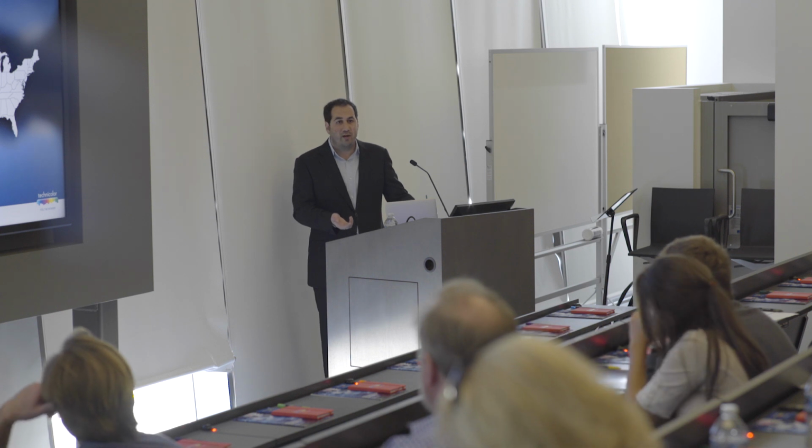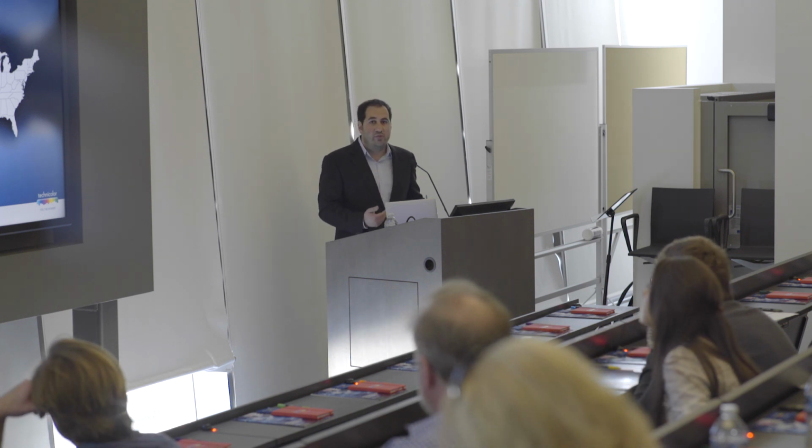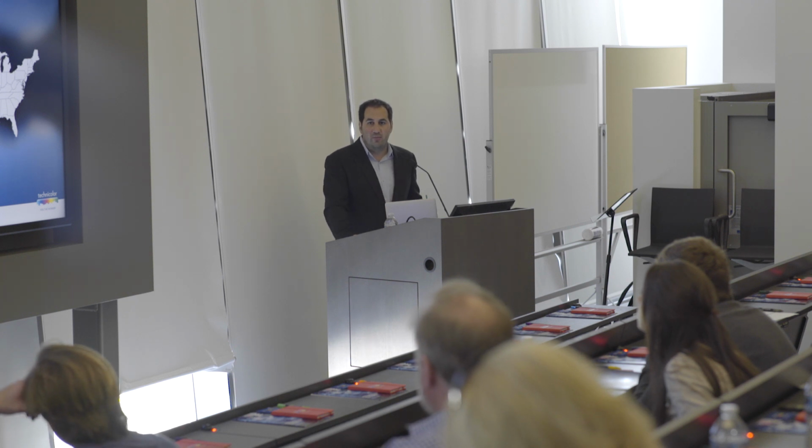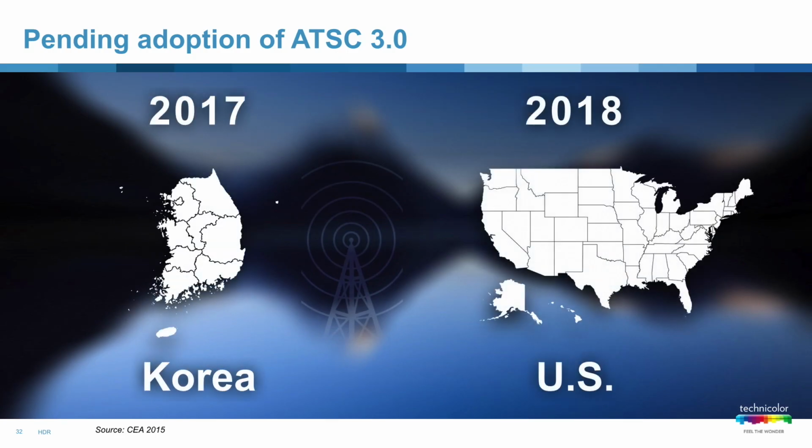So the ATSC, which is responsible for getting high definition channels over the air, has been working towards an ATSC 3.0 standard that will allow content to be distributed over the air that is high dynamic range, as well as fits other advanced characteristics. You'll see this roll out in Korea first. Korea is another ATSC country. The United States or North America is second. So Korea will actually roll out HDR content over the air starting in 2017. The United States following in 2018. Pay TV operators will likely be ahead of these, but this represents the massive change of all those basic channels moving to high dynamic range, every piece of content wanting to move that way.